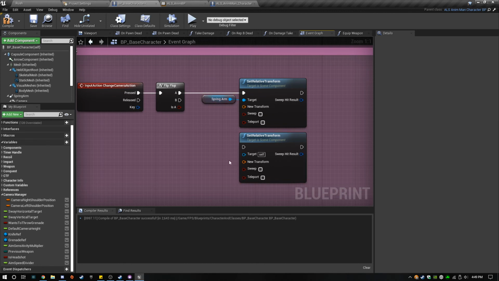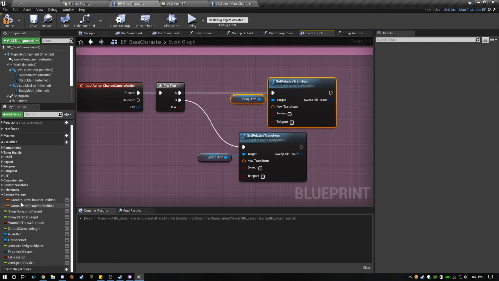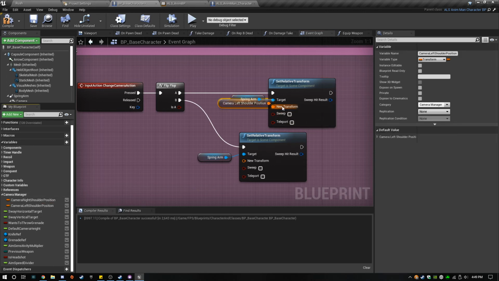Keep these clean. We're going to copy these. And remember, we want to do the left shoulder first because we're already on the right at this point. If we hit it again, we want to go back to the right.